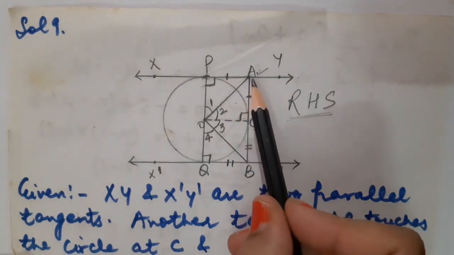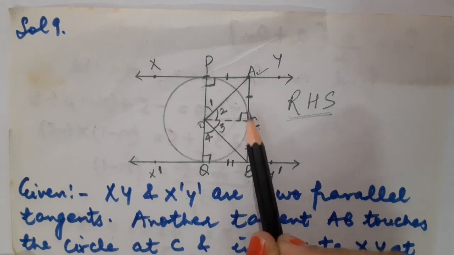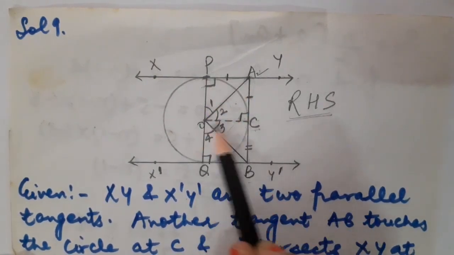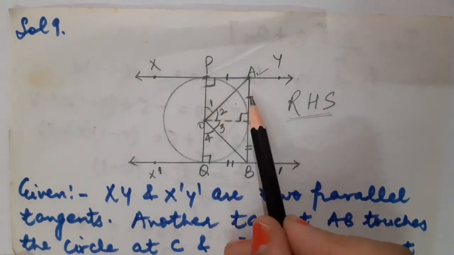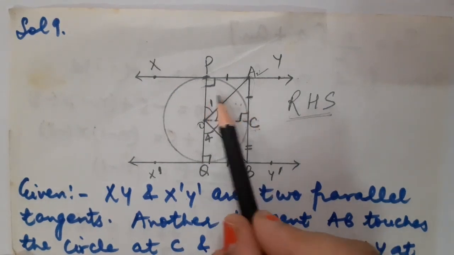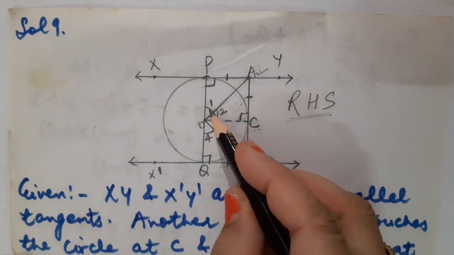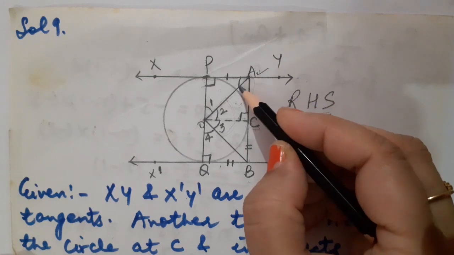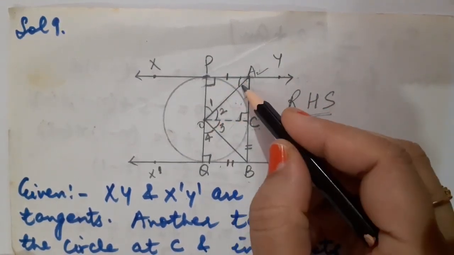How? This is A, the external point, AP is equal to AC. I have just told you OA is common and OP is equal to OC, radii. So by triple S, what could you say? That both the triangles are congruent. If triangles are congruent, then children, by CPCT, can I say that angle 1 is equal to angle 2? In the same manner, this angle, meaning OAP, must be equal to OAC.